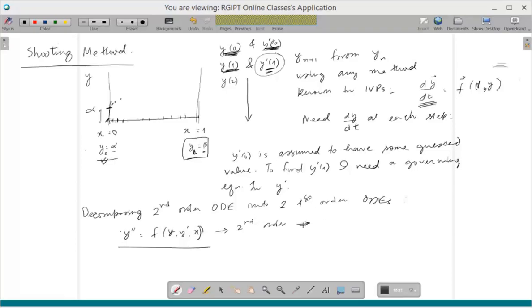I can change it to a first order ODE by defining a variable. I'm going to call y prime as y1, and then y1 prime is going to be f